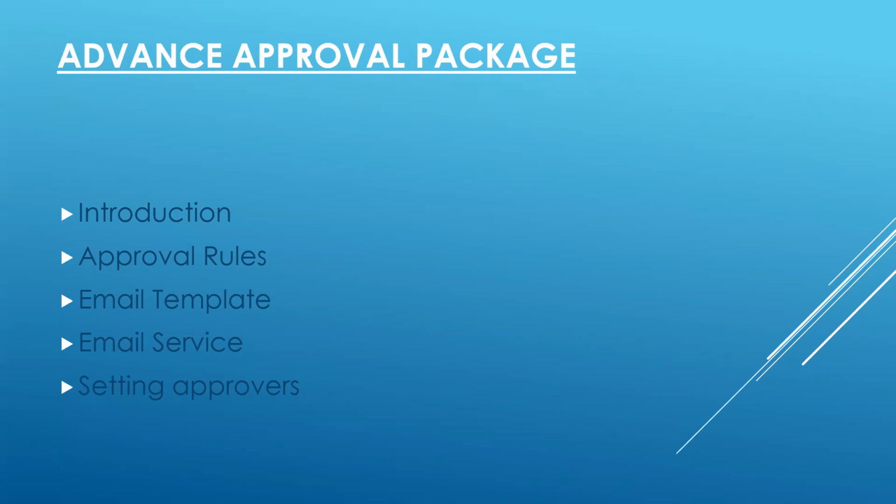Then setting up approvers, which I have already discussed with you. That is more about setting approvers with a dynamic approver or a standalone approver. All those need to be set on the approvers object. Then we need to use those approver records, or we have a lookup of those approvers in our approval rule. So we need to select the approver there, and whenever the rule is triggered, approvers will get the email for that. We have serial approval, parallel approval, many things in that.